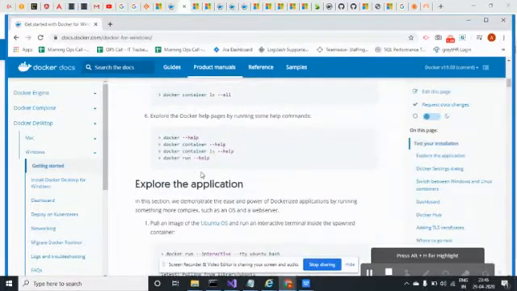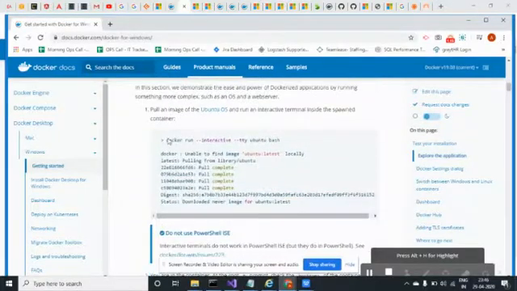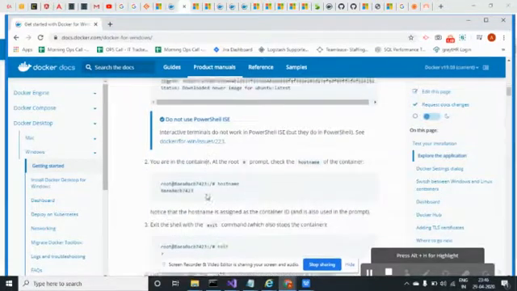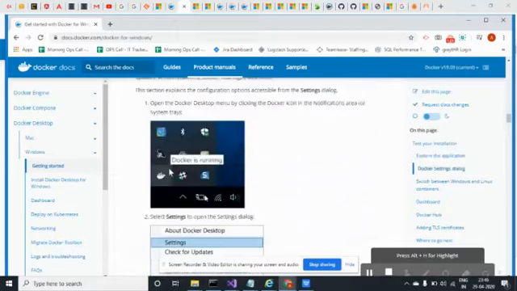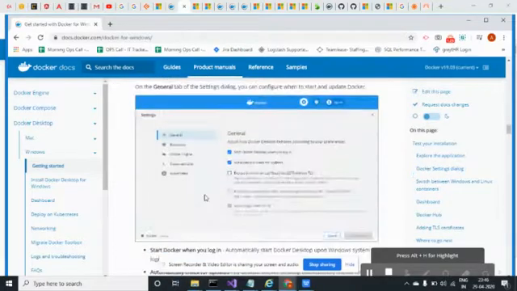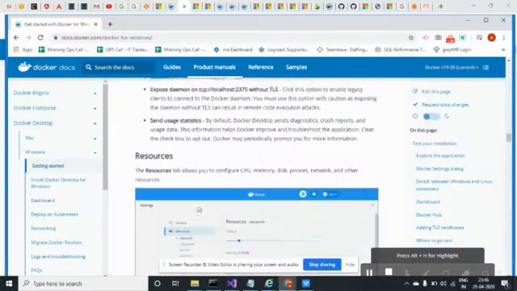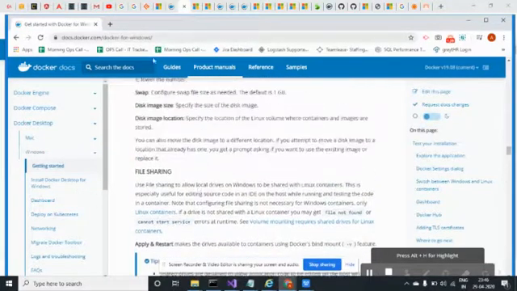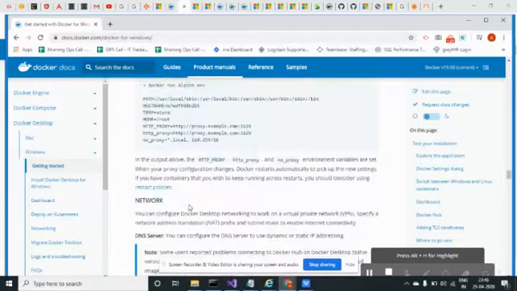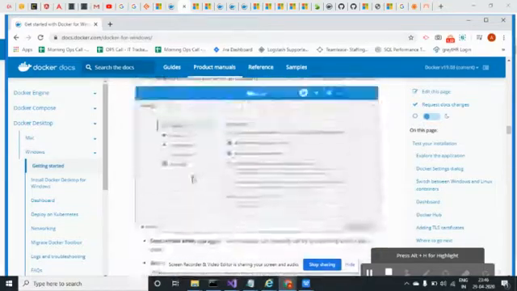This is the installation part, and this is how Docker looks on Windows. If I install it, you can create any application and host it in Docker. So I'm going to use .NET Core.